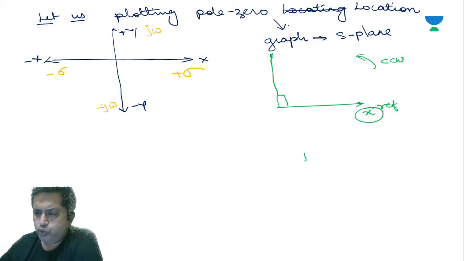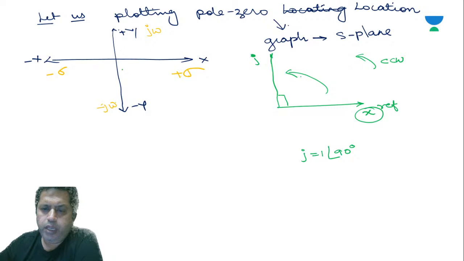So j is nothing but one angle 90 degree. So this will be the j term. Similarly here you can see